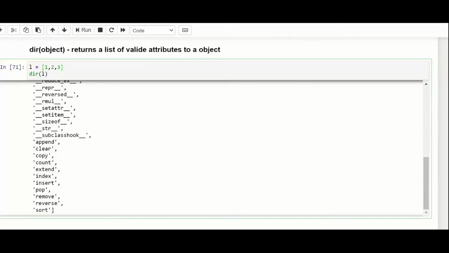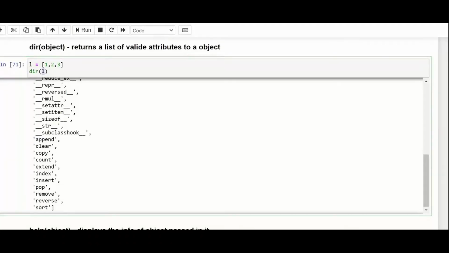So your dir method will let you know all the methods of this data structure, that is, for the list in this use case.